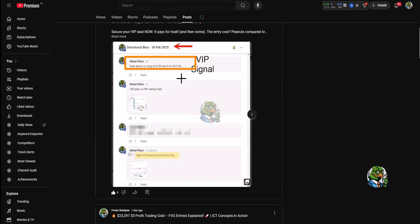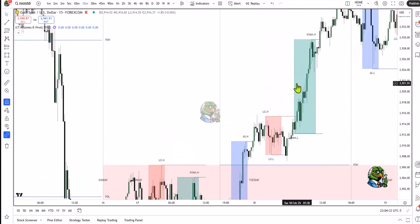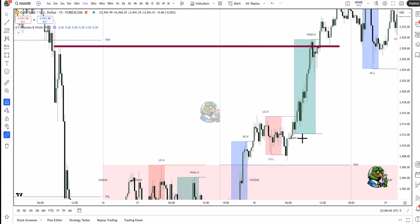Long at 8:30, 100 pips to the swing high of New York. Take your 100 pips, walk away. It's not take 50 pips, it's not take 60 pips, take your 100 pips. Specific, explicit instructions, because I want them to be making profit. So that target is right there, the swing high in New York. This is the previous day's New York session. That's what I've told them to target, and we hit the target right to the dot